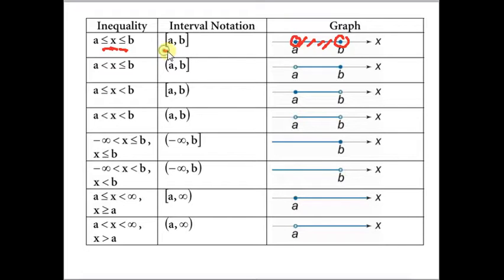So sometimes they will give this closed box. Similarly, a less than x, there is no equal to symbol here. It means it can take any value greater than a. It can't take the value of a. Then a less than x less than or equal to b. So it will take all the values less than b and also equal to b. So this is an open bracket and this is a closed bracket.